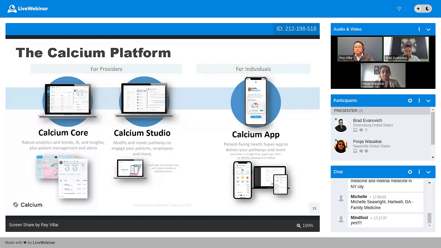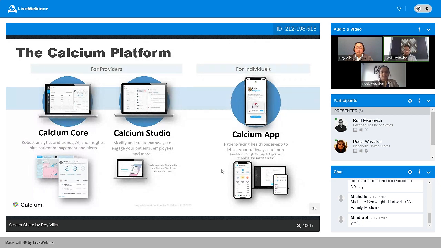Another component of the Calcium Digital Health Platform is Calcium Studio. Inside of Calcium Studio is really where AI becomes super handy, because Calcium Studio is a self-serve tool that allows your team to go out and create pathways or care plans to directly engage patients, maybe of a certain payer, maybe of a certain disease state.